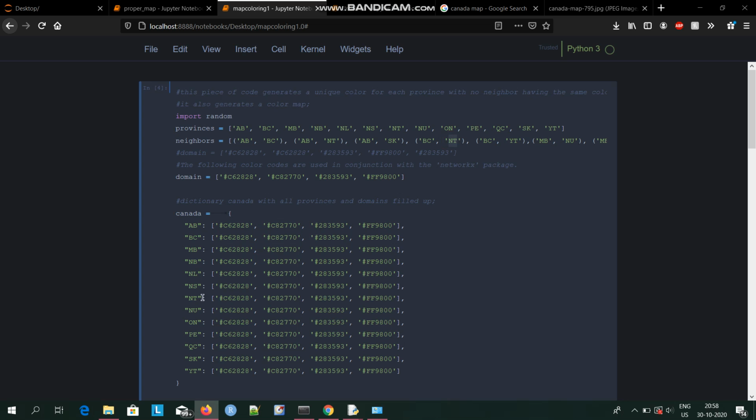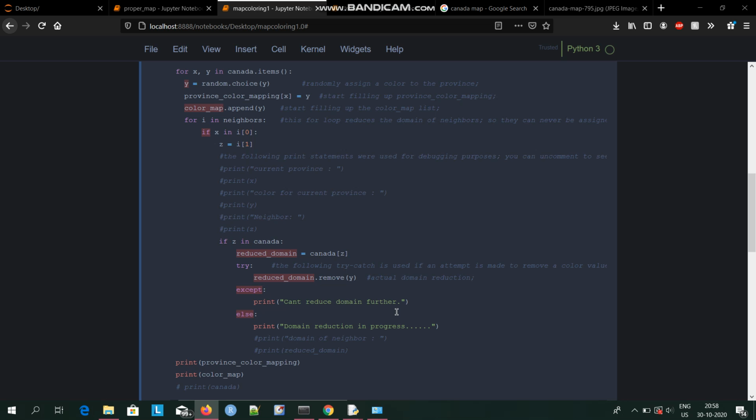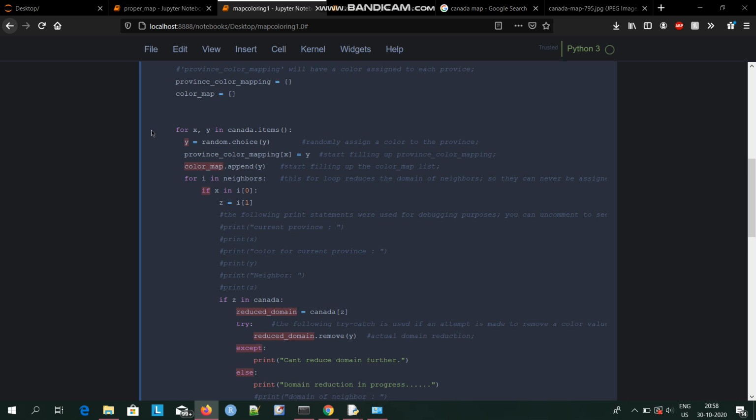And then we're going to go to Northwestern Territories. This value had already been removed, and now this value will also be removed. So Northwestern Territories reduced domain will be this. I hope that made some sort of sense. So basically this